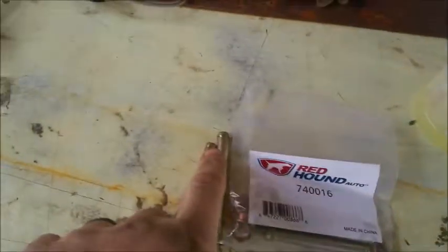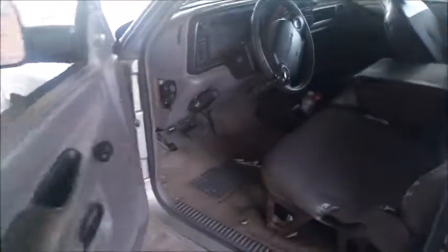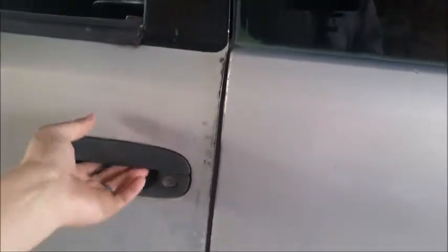But I had to come up with some electrical tape. I had to wrap some electrical tape around the top right here, just a little bit, to give it some cushion. And it closes pretty good. It hangs up just a little bit right there, but it still closes decent. What I'm gonna have to do is order all new